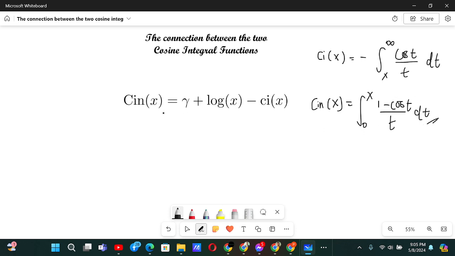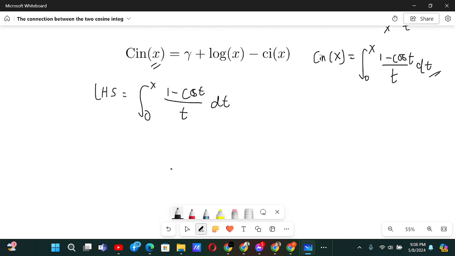For this, we'll basically start with the Cin function and try to get a Ci function from there. Let's see how we can. So let's proceed. The LHS is the integral from 0 to x of (1 minus cos t) by t dt. Now let's try to convert this to the integral from 0 to infinity of (1 minus cos t) by t dt